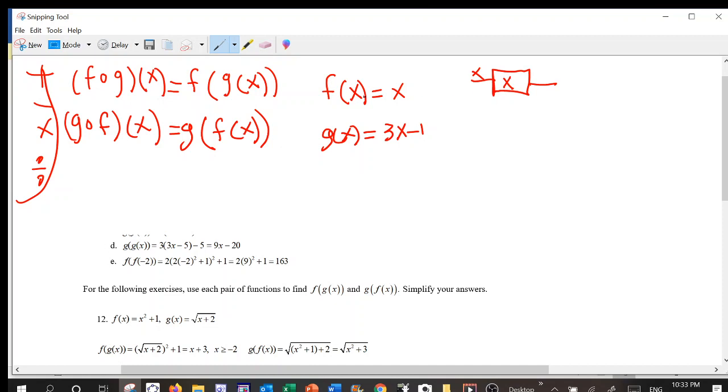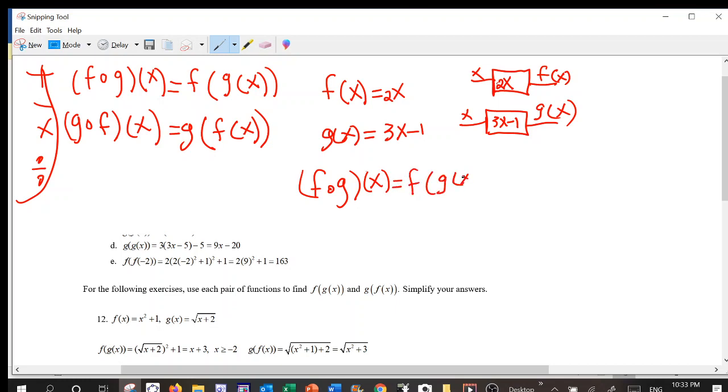Let's make it 2x, so it's not just itself. So it gives 2x, so this is f of x. And then this one, what does it do? Well, it takes input and gives you 3 times input minus 1. That's g of x. So now when we say f compose g of x, what we mean is f of